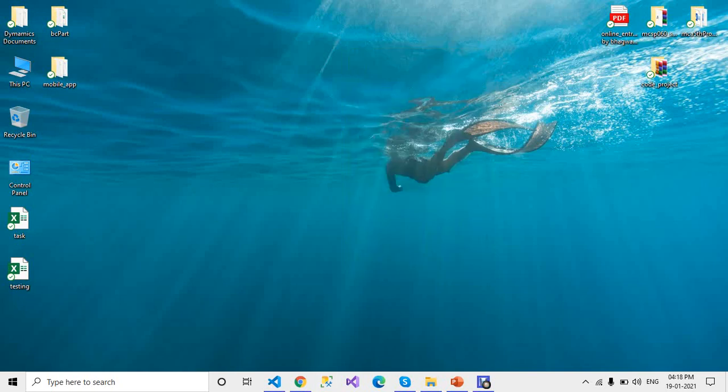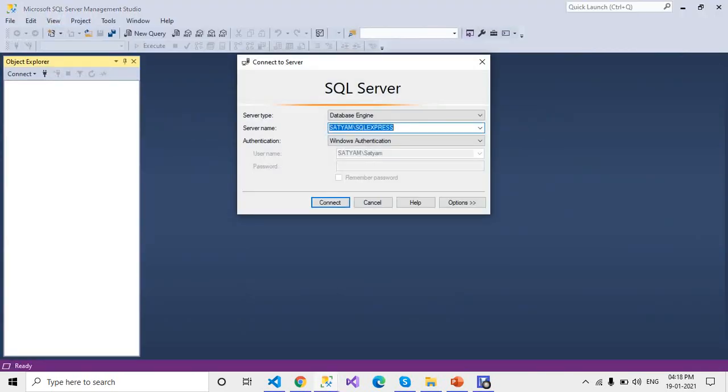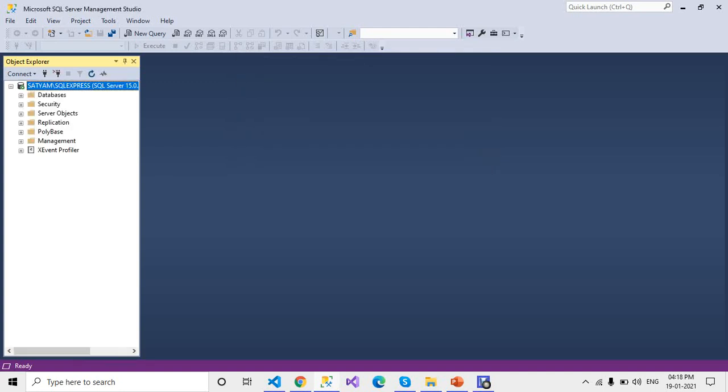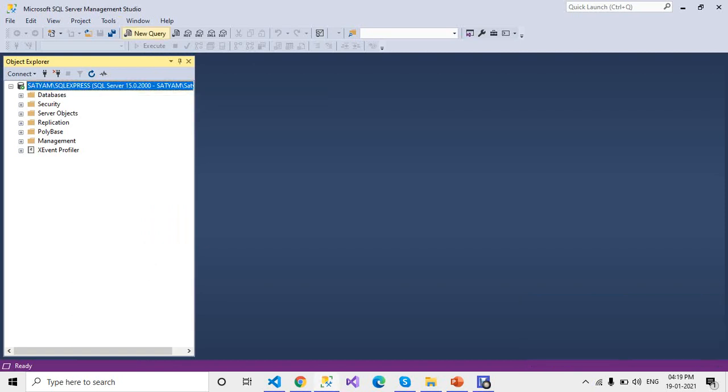So first of all, you have to go to your MS SQL. It will take some time. I'll show you. Basically, you create a new database, and after that you back it up on disk, and this backup file is valid for any device or laptop with the same operating system. So basically this is my home page of MS SQL.